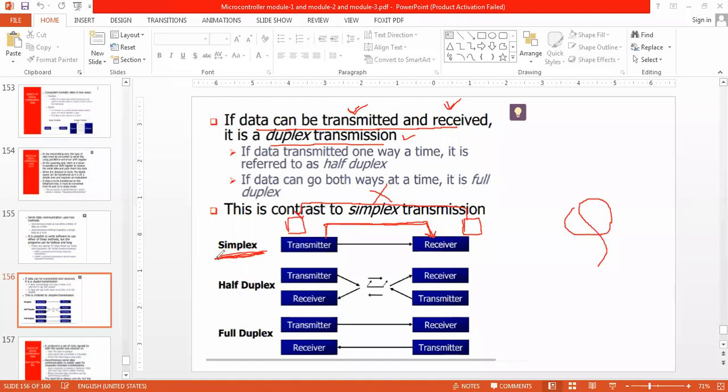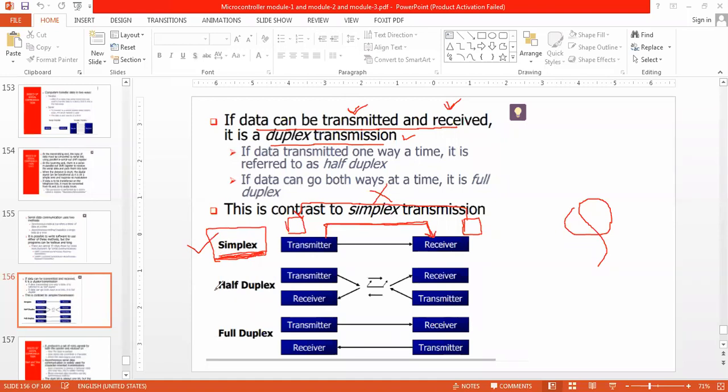That is called simplex communication, because only one side communication is happening here. I am speaking and you are listening. Correct? Yes or no? See, there is no reply from you. That is why this is called simplex communication.